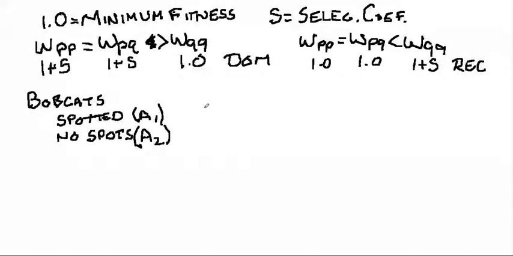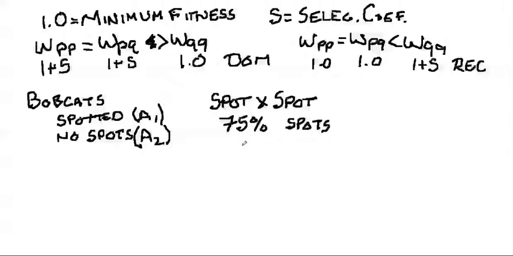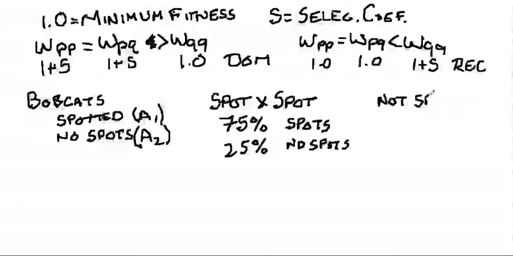So first thing we'd have to do is some breeding experiments. So we are going to cross a spotted bobcat with a spotted bobcat. And when we do this, we find out that about 75% of our bobcats have spots and 25% have no spots. And when we cross a not spot with a not spot, sorry about that guys, we get 100%